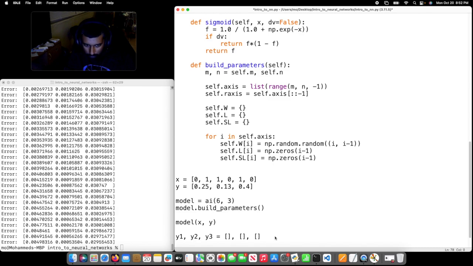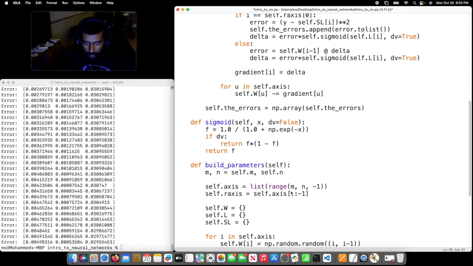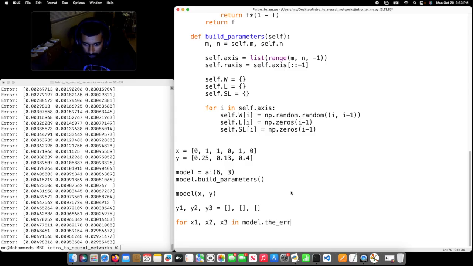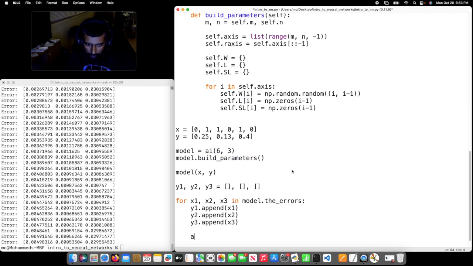And then I will do for x1, x2, x3 in model.the_errors. So this will be y1.append(x1), y2.append(x2), y3.append(x3). Did I initialize? Yeah, I did initialize it. So the first one's going to be ax.plot(y1, color equals red, label equals variable 1), and ax.plot, oh wait,